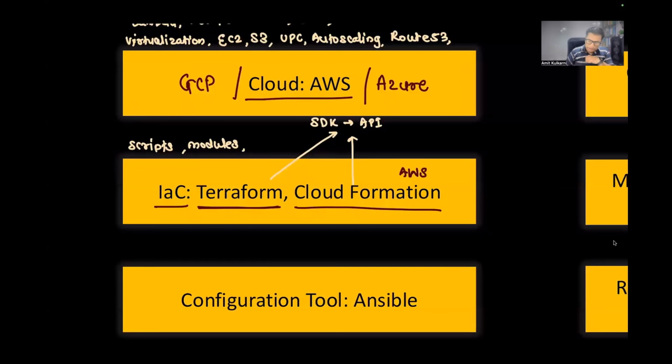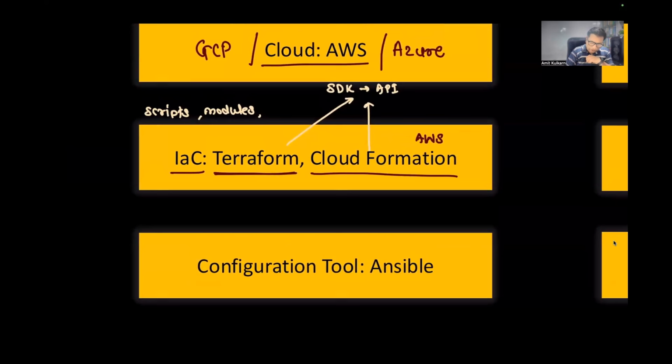And that's where the next tool comes into the picture, something called configuration tools. So this is the category, configuration tools. Inside that, there are many other tools, such as Puppet or Chef or SaltStack. There are many tools, but out of them, Ansible is the one which shines a lot. And that's the reason why we have chosen Ansible here. Ansible is very popular compared to all of the others. And this is backed by none other than Red Hat. That's the reason why industry trusts Ansible a lot.